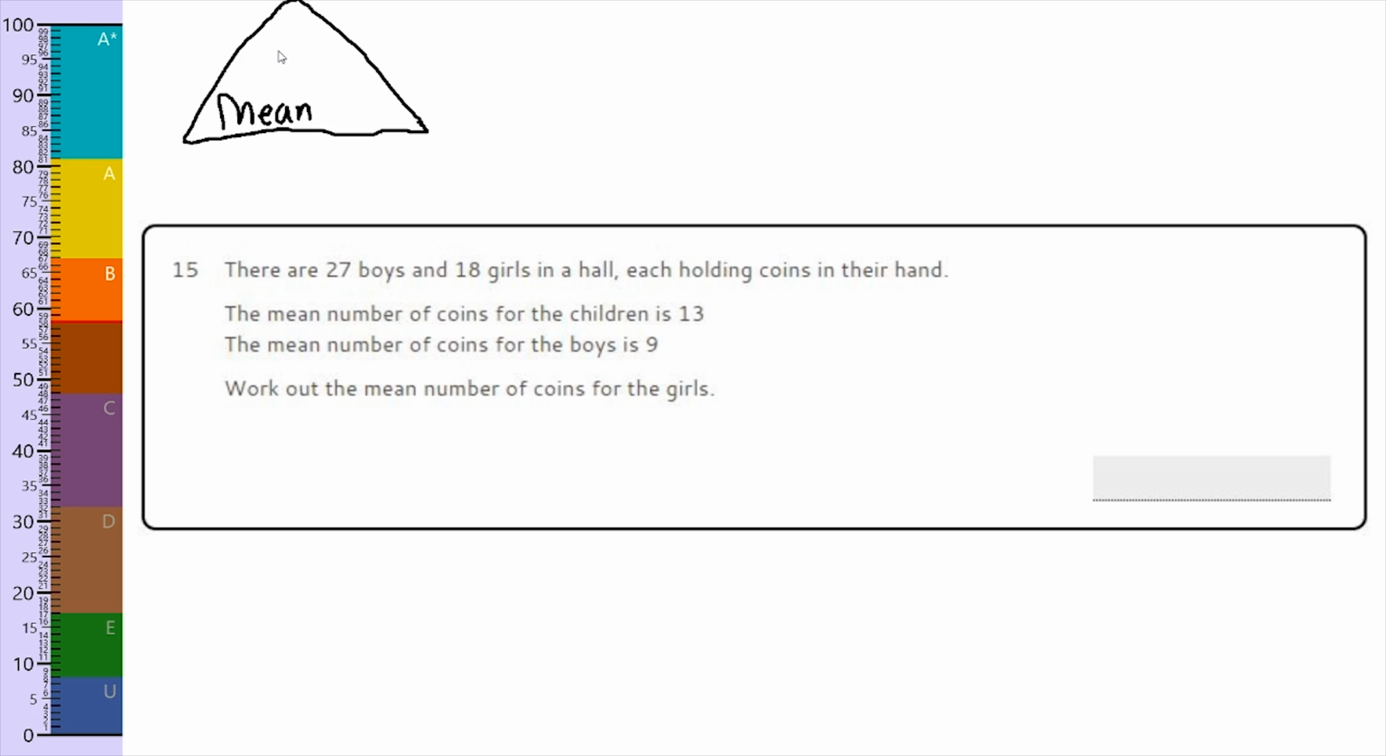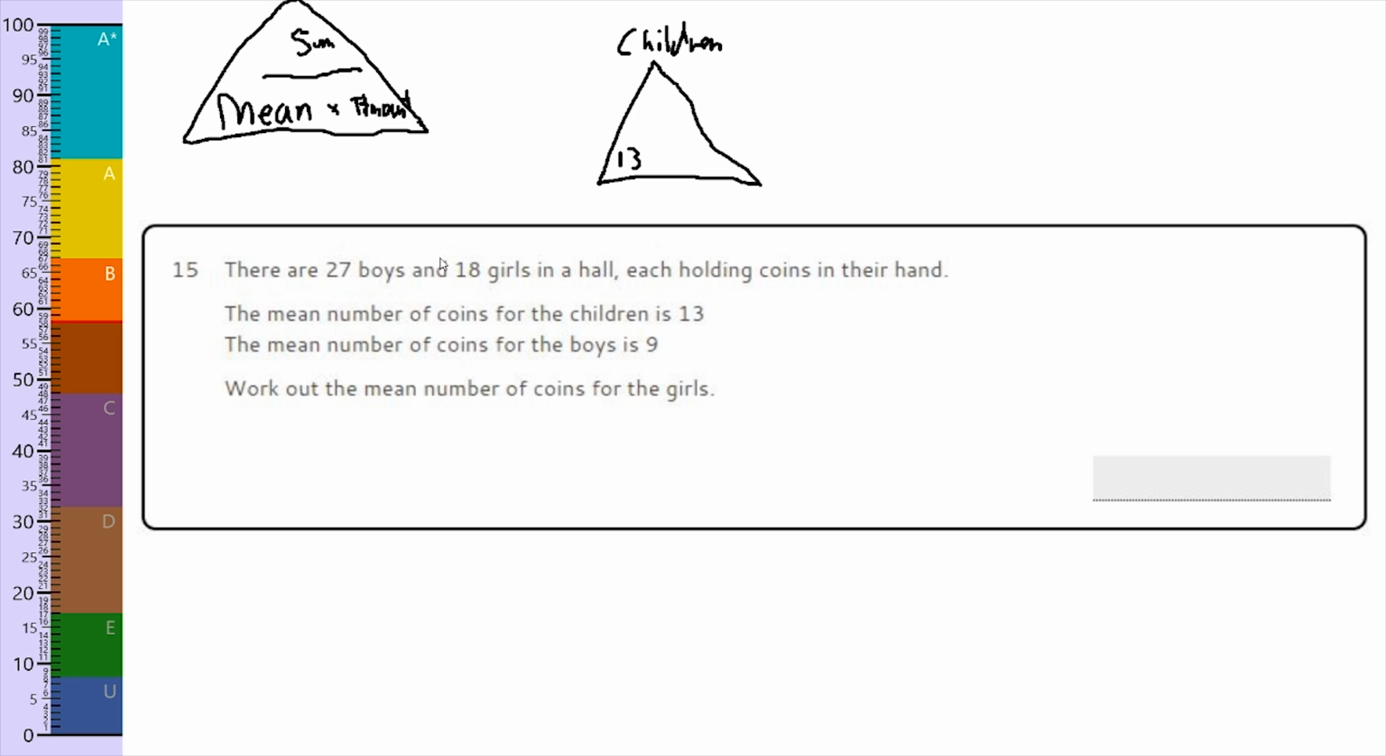The mean is the sum of everything divided by the amount, which actually makes a little triangle. So you add them all up and divide them by the amount of numbers, but you make a little triangle with that. And looking at this, the mean number of coins for children. If I just look at children, it's saying that the mean is 13,